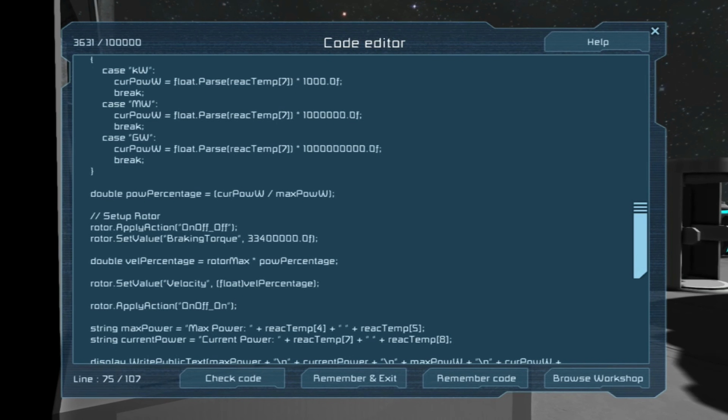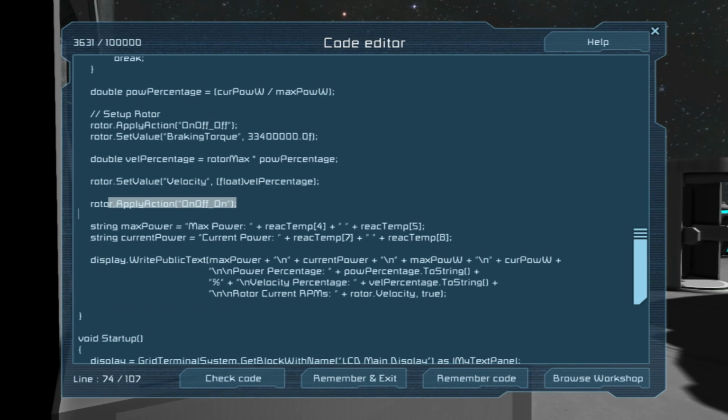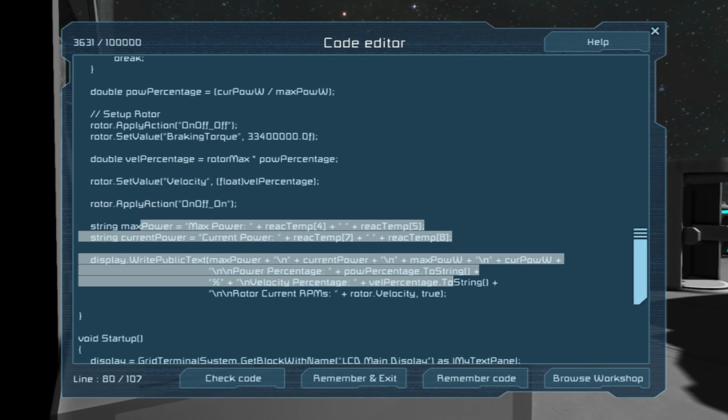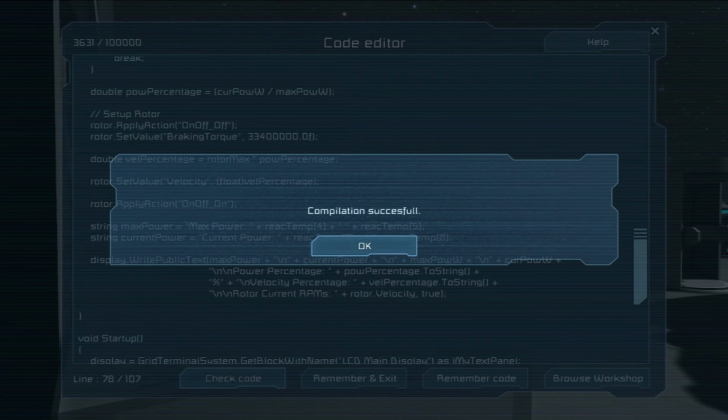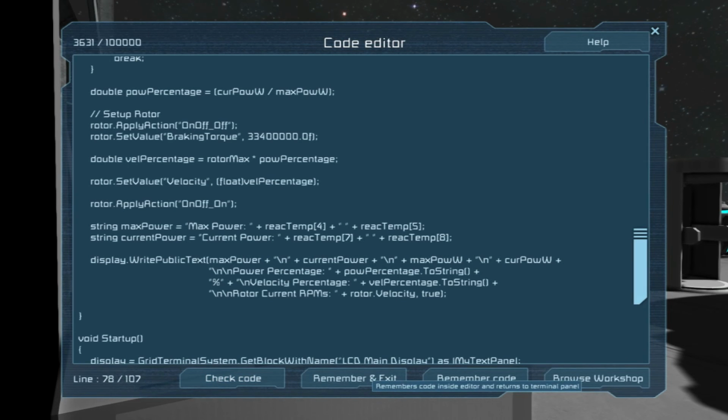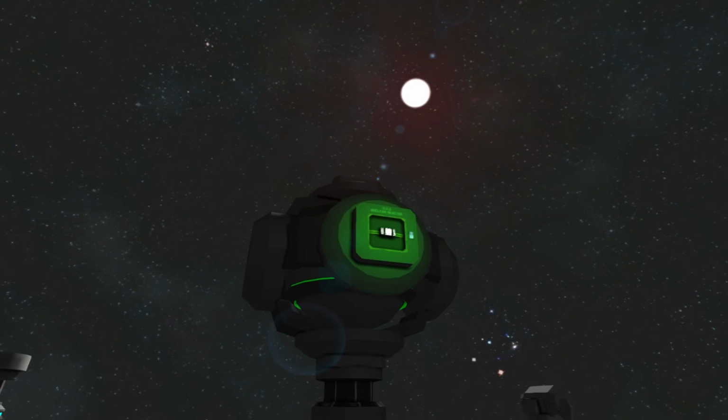So essentially, what we're doing here, in case it wasn't already obvious, is we calculate the percentage, turn the thing off, set the braking power, calculate the velocity for the rotor in terms of its percentage, set the value, and then apply action, and turn it back on. Sure, set the velocity. This all we can actually get rid of, really. It's not entirely necessary once we get the code running. So, we should be left with...